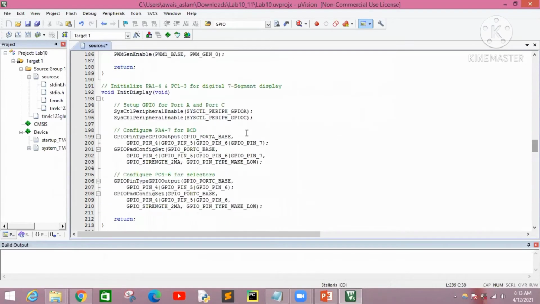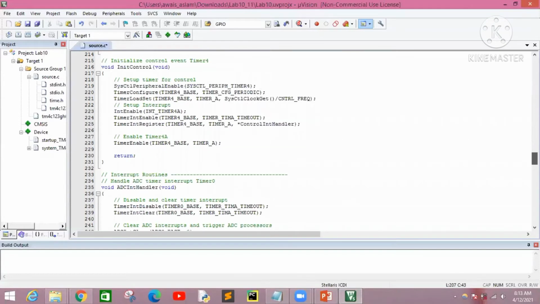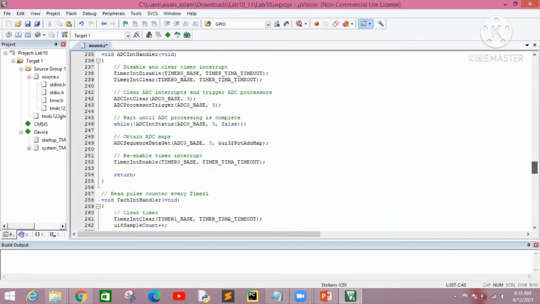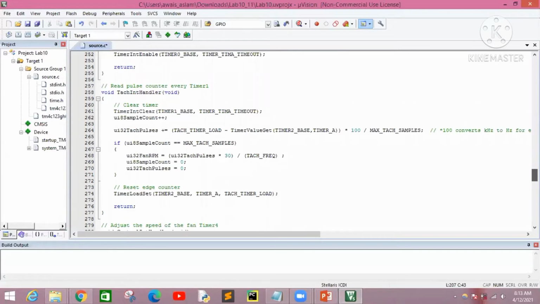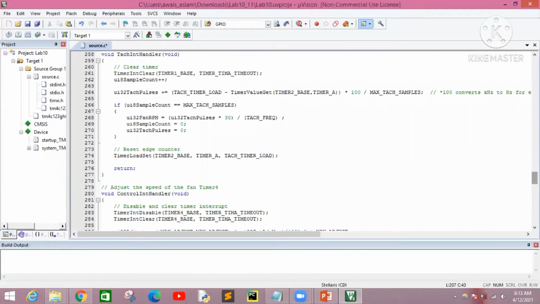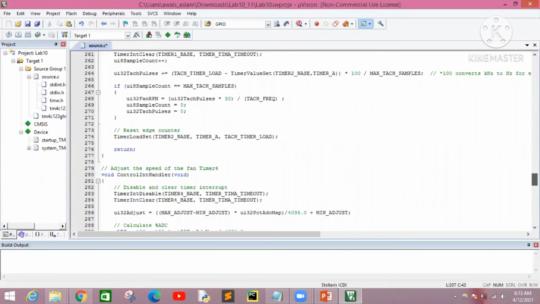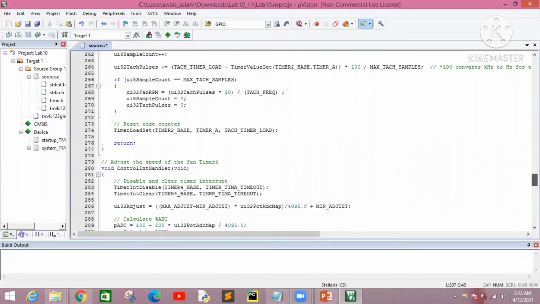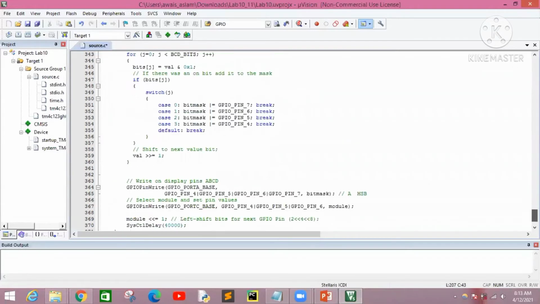In the display part, we initialize port A and port C. For port A, we give the input to the IC chips, and from the IC chips we give the output to the 7 segment. For the 7 segment we take 3 pins as input for the selector. Pins PC4 to 6 we initialize for the selector, which selects which 7 segment digit has to be chosen. Then we need a control function which controls all these handlers: the tachometer and ADC handler. As we rotate our potentiometer, our ADC changes and then the PWM changes. That's why we use all these handlers.